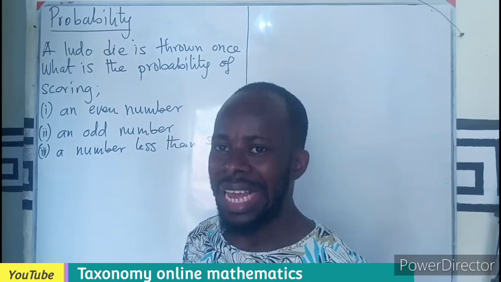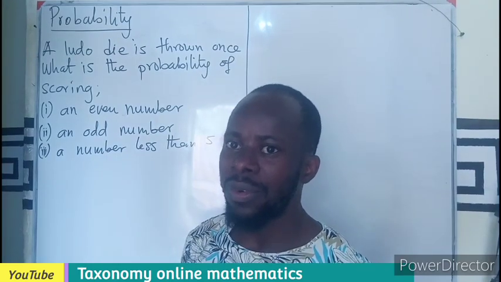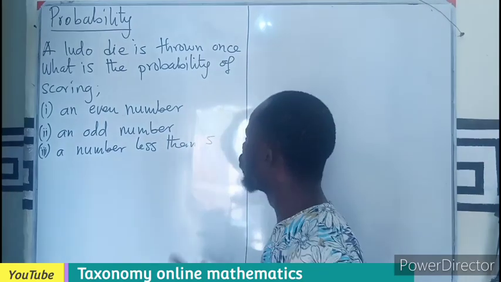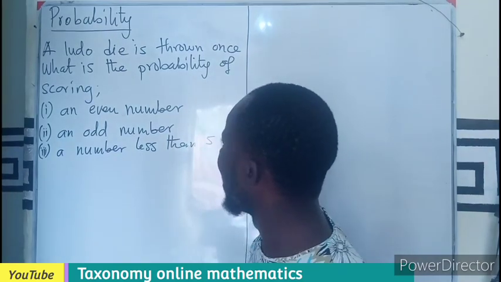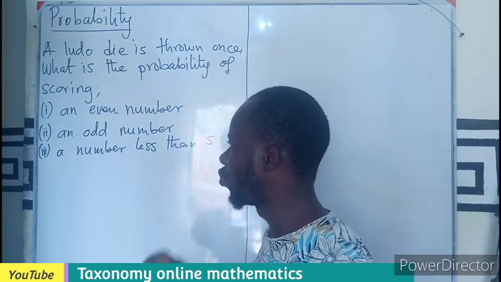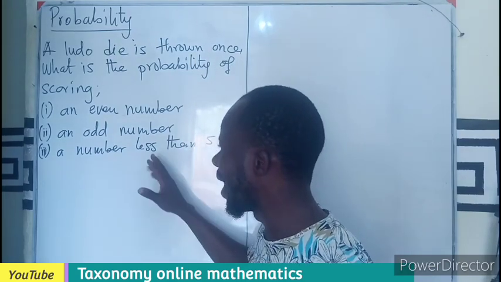We have a question under throwing of a Ludo dice. A Ludo die is thrown once. What is the probability of scoring 1) an even number, 2) an odd number, and 3) a number less than